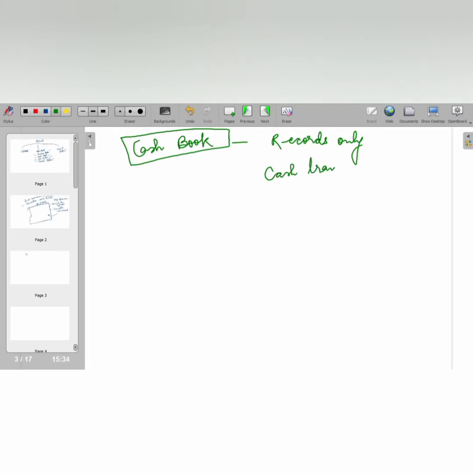This is the overall sum up. It only records the cash transactions in chronological order,